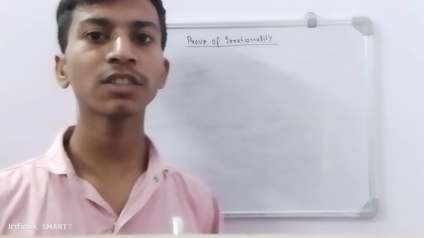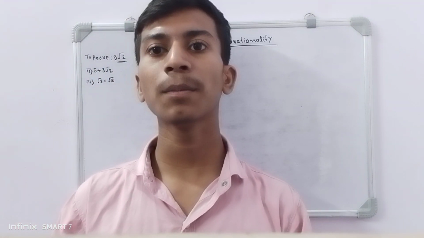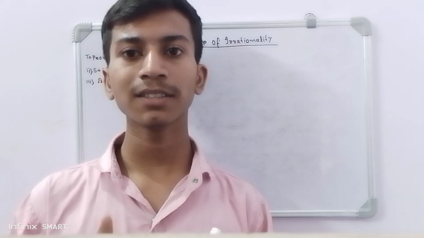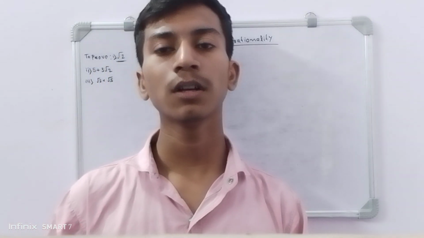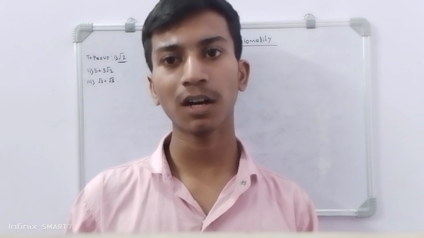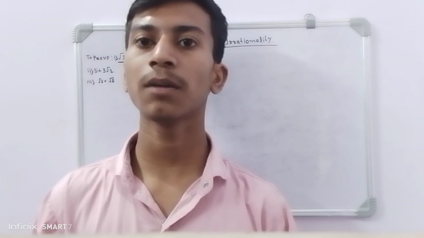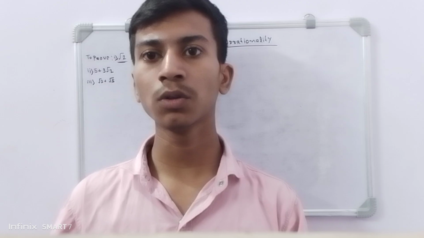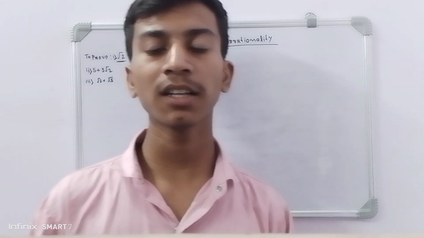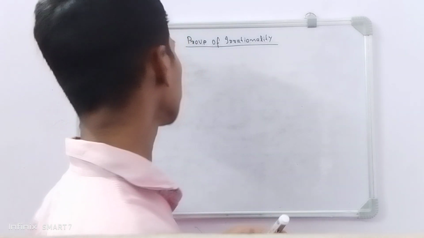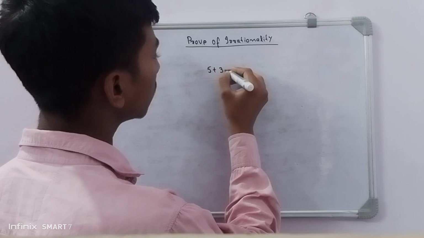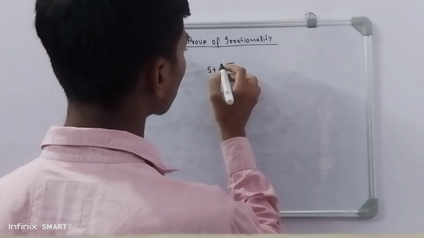Contradiction method means that first you have to consider that this number is a rational number, but then you reach something which cannot be true, as it is followed by an irrational number. Then you will say that this assumption is wrong, so the number is irrational. So in this case you have to prove that. In this second episode I am going to discuss the second case of proving an irrational number, where I am going to talk about a number like 5 plus 2 root 3.